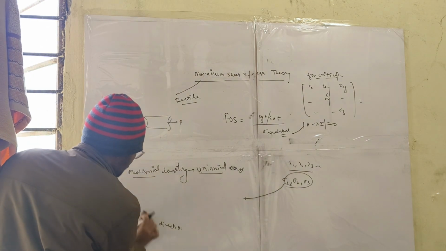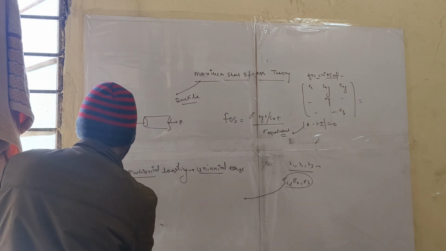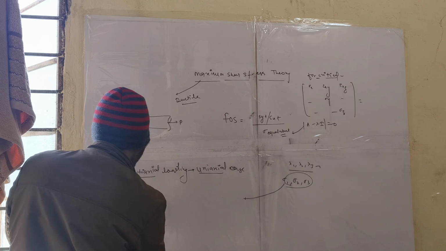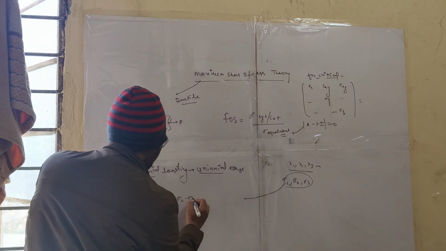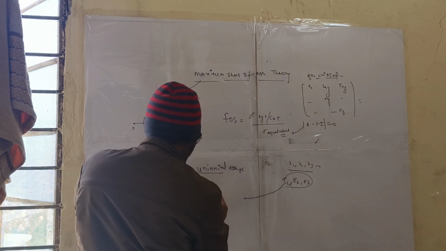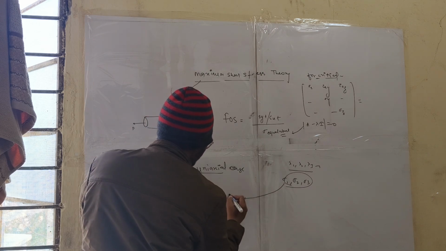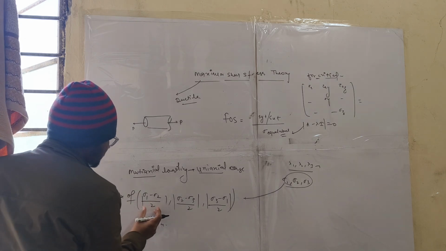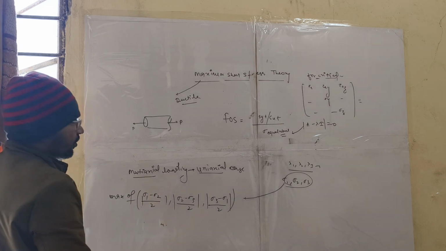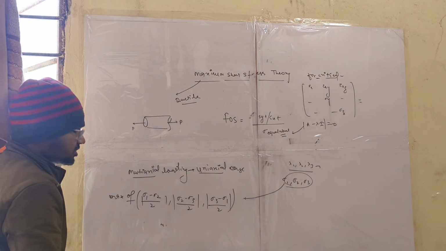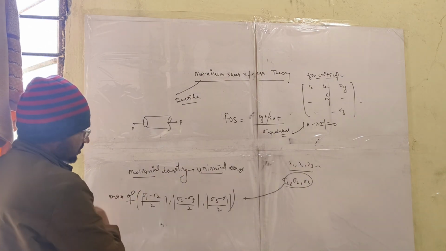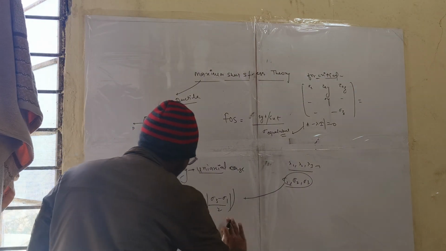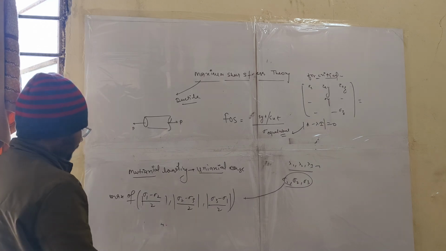Okay, this theory tells about the maximum of (sigma 1 minus sigma 2) by 2, (sigma 2 minus sigma 3) by 2, and (sigma 3 minus sigma 1) by 2. This is a maximum. This represents a shear stress: the difference of the corresponding principal stresses by half. It basically indicates the shear stresses. The maximum of that shear stress,